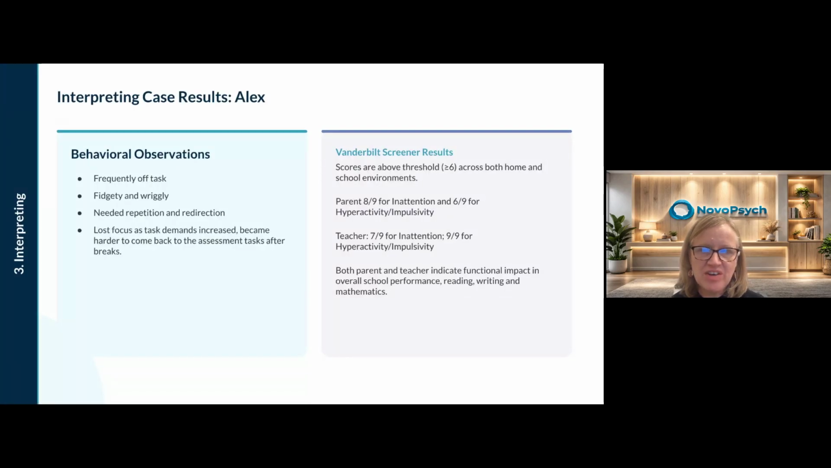So, the Vanderbilt screener's results are summarised on this screen. The Vanderbilt is really looking through and asking about indicators of ADHD, both inattentive and hyperactive-impulsive subtypes. And on the Vanderbilt, in fact, in the DSM, when we're looking at ADHD diagnostic criteria, six or more symptoms are generally indicating that that person is experiencing